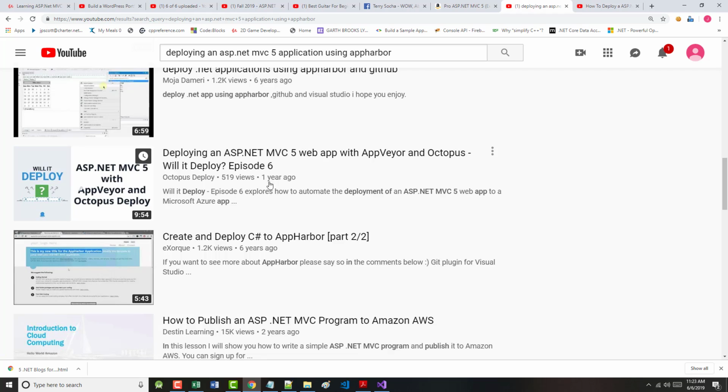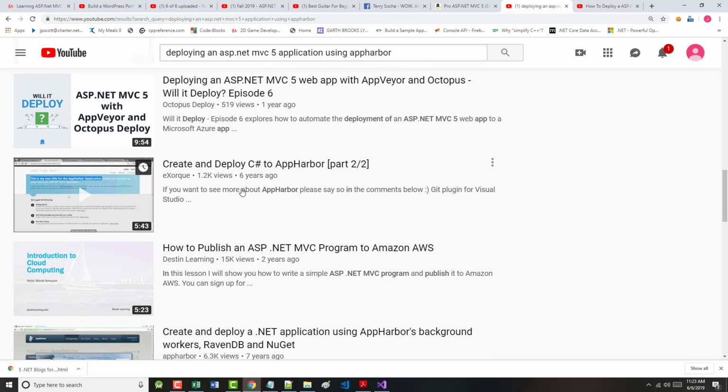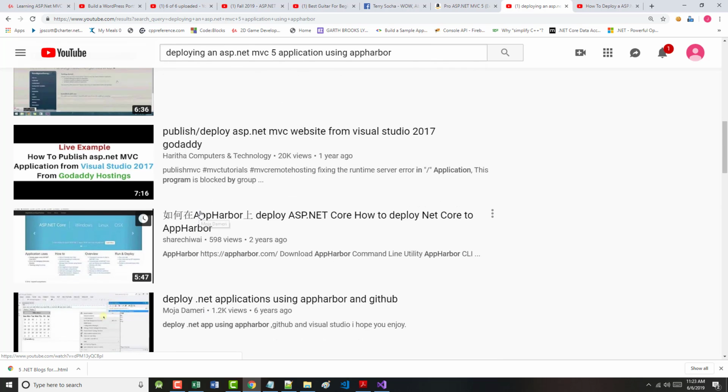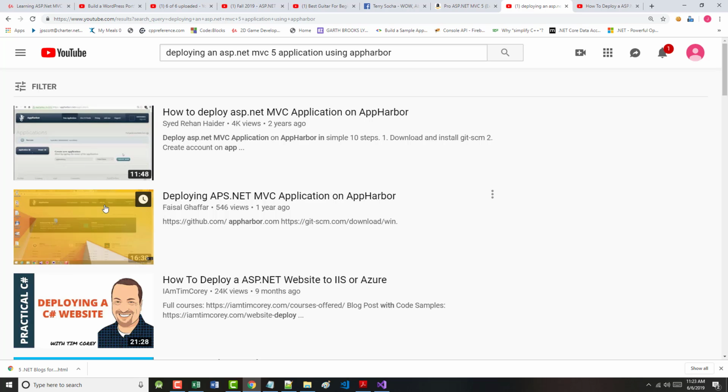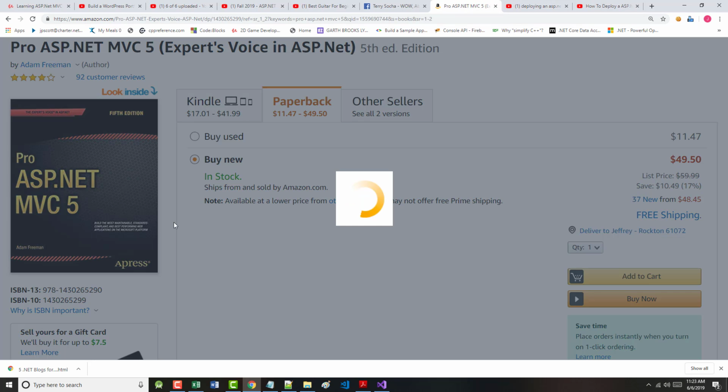Well, deploying this. Again, that's 6 years ago. I'm not sure. So what I'm going to do is I'm going to go look at these two, and I think I've looked at both of them before. Deploying an ASP.NET application on App Harbor does not appear to be difficult. Deploying an MVC5 application with a database is something I have not successfully done. So I'll come back to that at a later time. Point is, I'm making a long story short. For now, I'm skipping